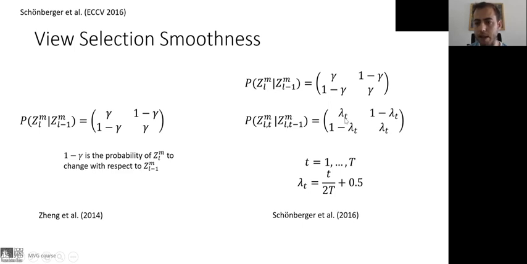And lambda t is changed over time. At iteration 0, lambda t is just 0.5. So I don't care if states are changed, nothing is clear at this point. But at a later iteration, and especially at iteration capital T, the last iteration, I get capital T divided by 2t, which is 0.5. When I sum them, I get 1. So I don't want a state to change over time. I want them to be smooth